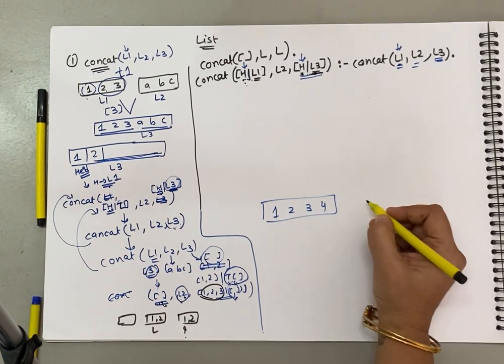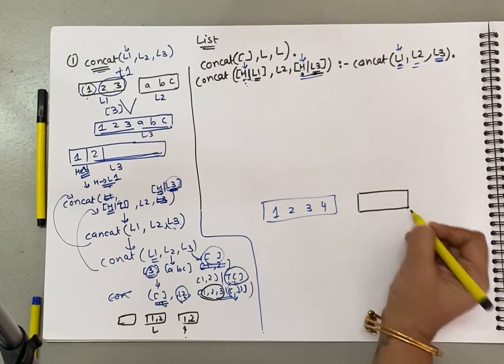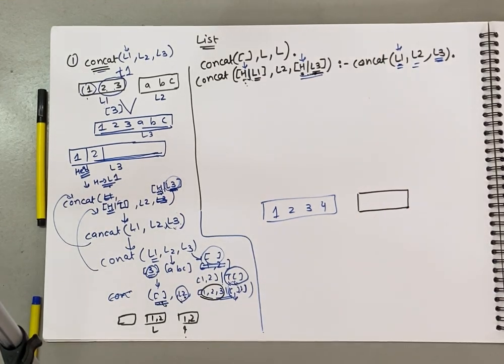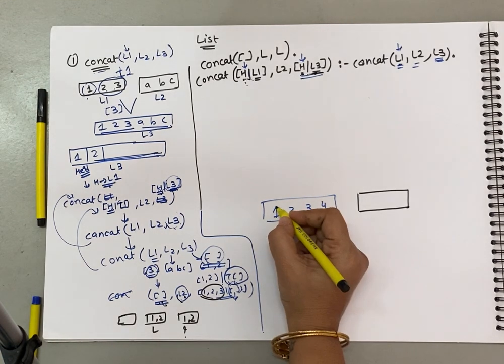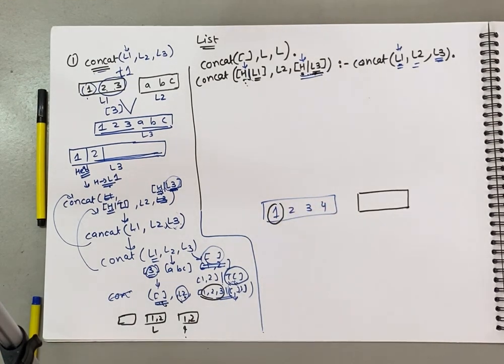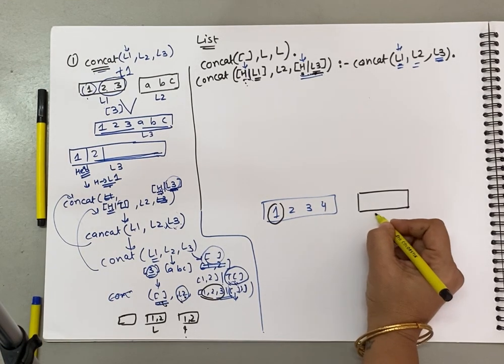So how are you going to reverse? Let us imagine you have one empty list available over here. Now, what are you going to do for getting it reversed? Whatever the first element is, you are going to add that element over here in the list.